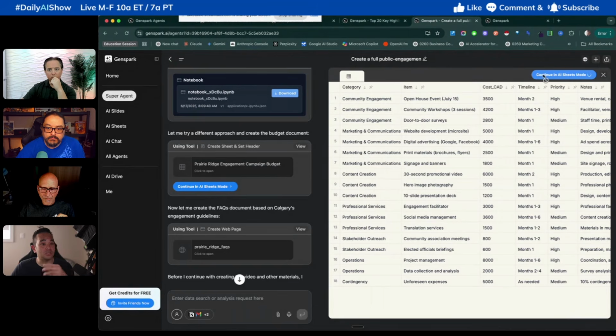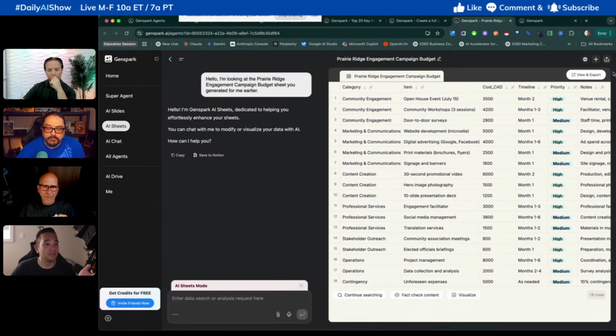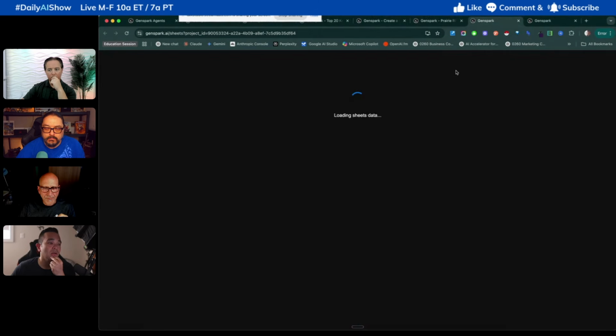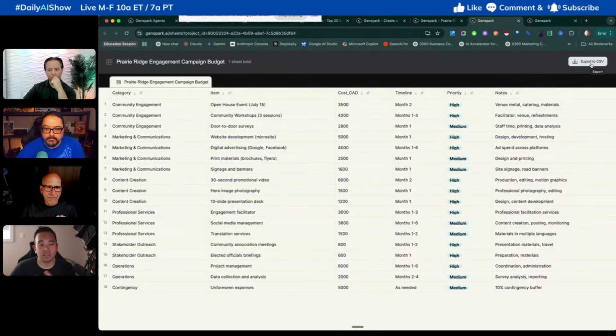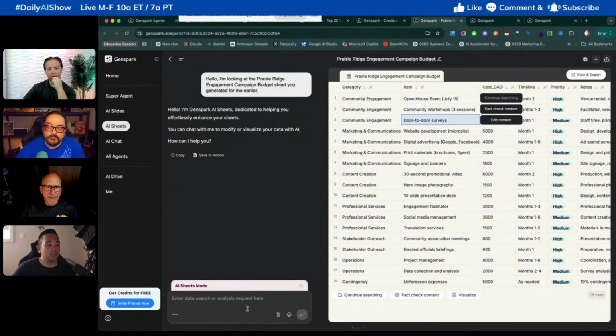And then you can continue, similar to slides, you can continue it into sheets. And then fact check, edit content. You can edit it directly, obviously, in here, right? So it's like, oh, I don't want that, change that, and so on. And then you can view and export as well. So an export to CSV, which then you can change and edit in Excel or Google Sheets, right? So there's that capability. You can use it just for this. So you have just the slides, which I think is amazing, just the sheets, which is its own data analysis. And then